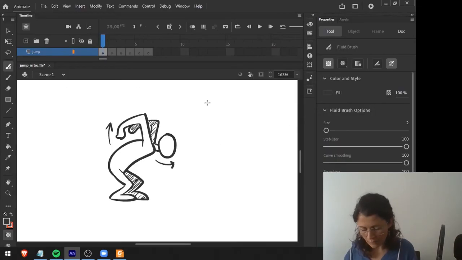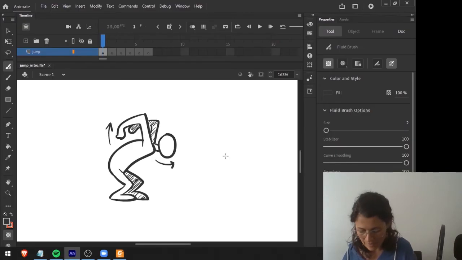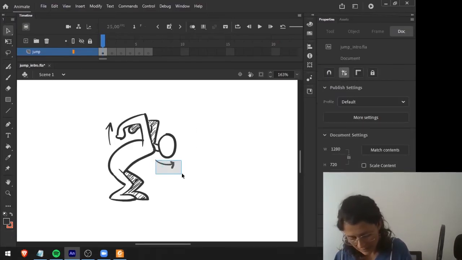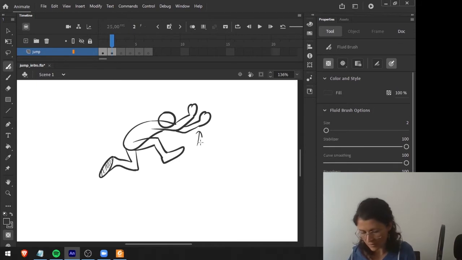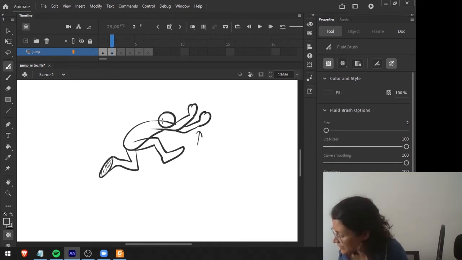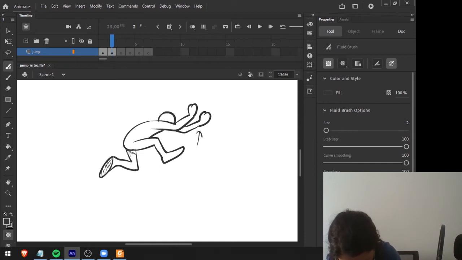Okay, so now let's make this pose here, where it's on the air, up there in the air, and I will explain that pose a bit. So what we have here is the pose that I showed you, but what I want to call your attention to is, look at the arms. They are trying to keep the body as high as possible, and also the shoulders. The shoulders are overpassing the head because he really tries to get high up in the air, and that's why the head is already coming down, but the shoulders are also pushing the body up.